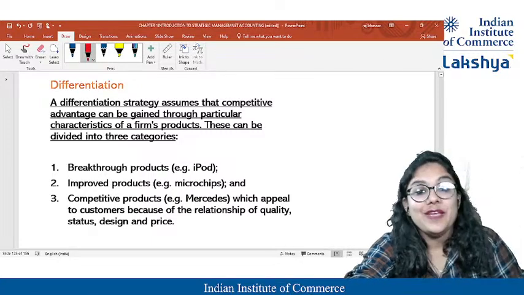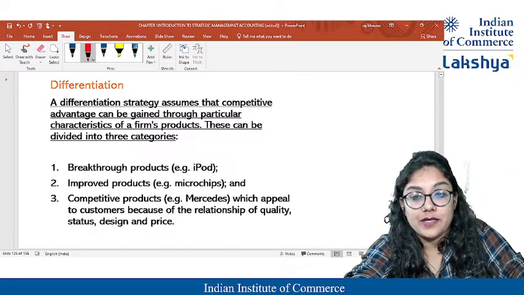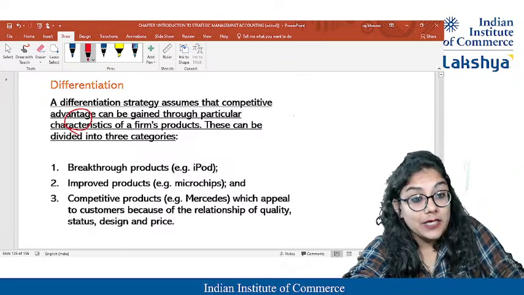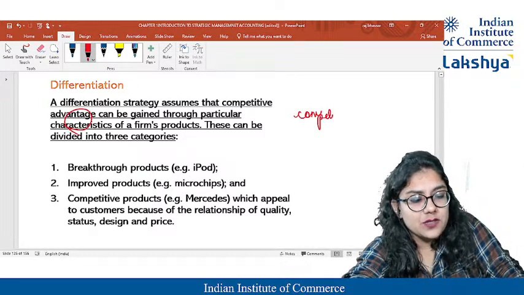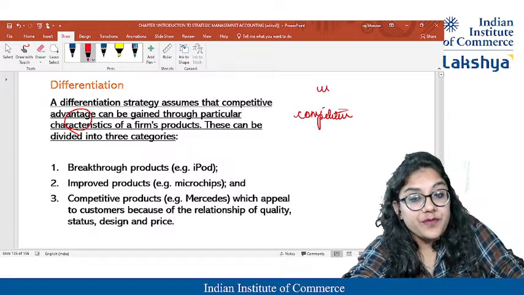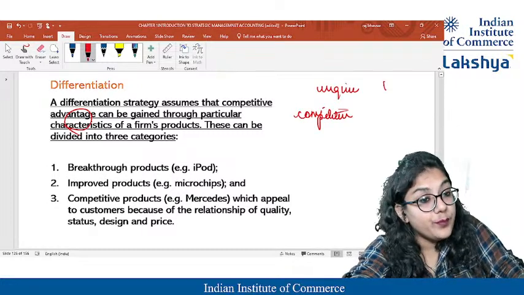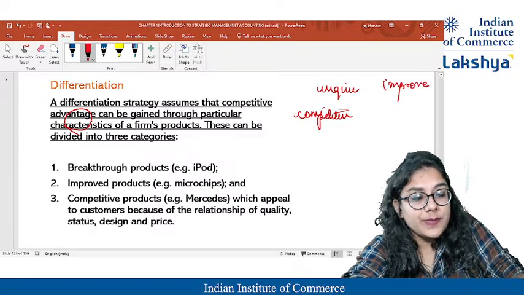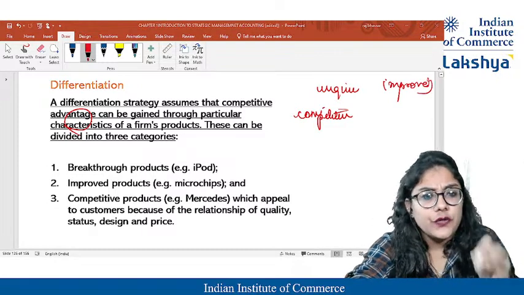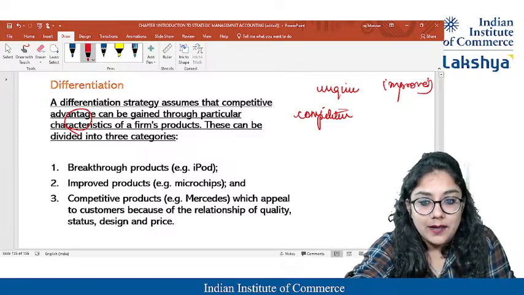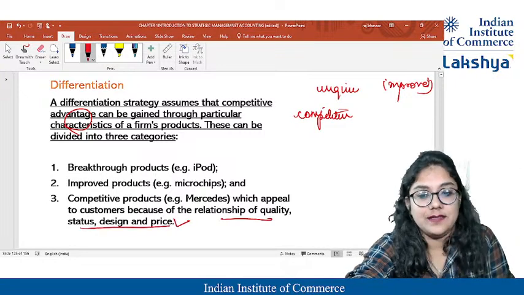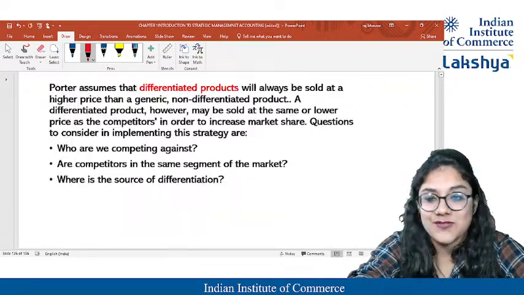No, no. You need to have a very firm product. Your characteristics need to be very competitive. Along with that, it's not just competitive, guys, it needs to be unique, it needs to be improved, something different, for which you can have a superior quality and design price. So you can go ahead with that also.